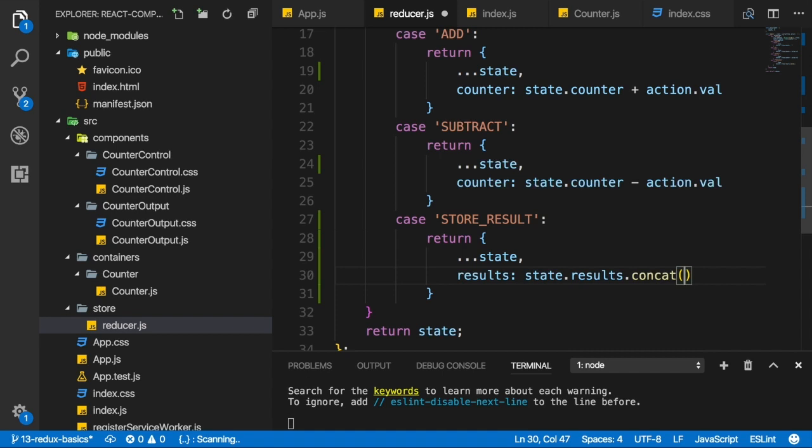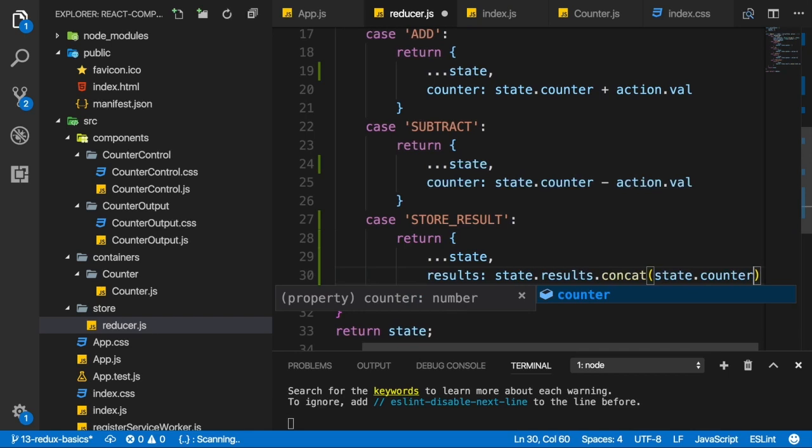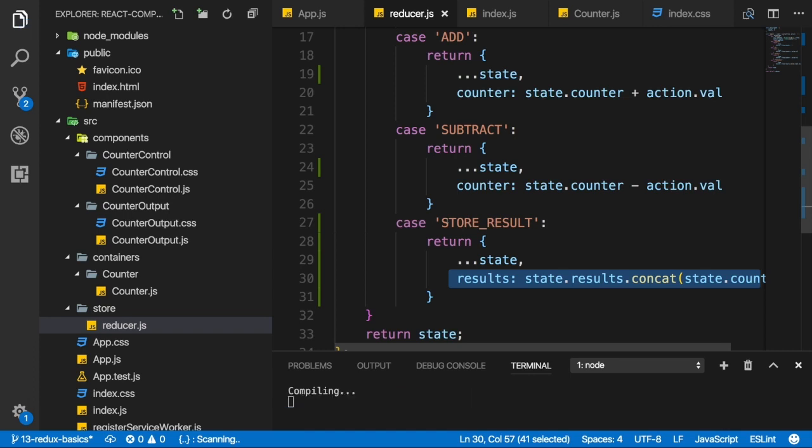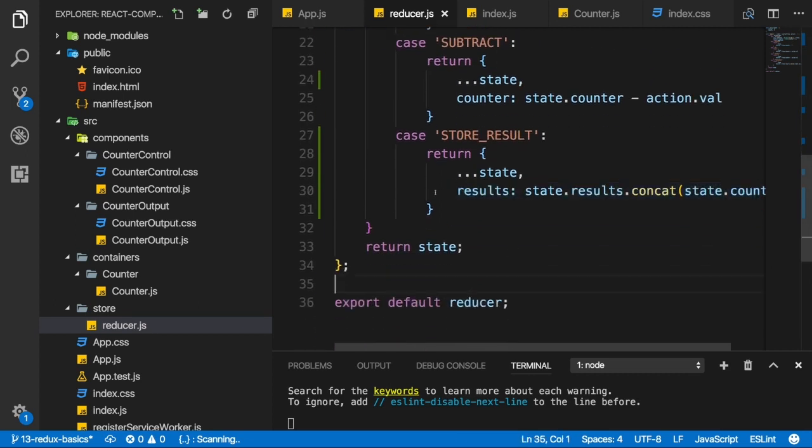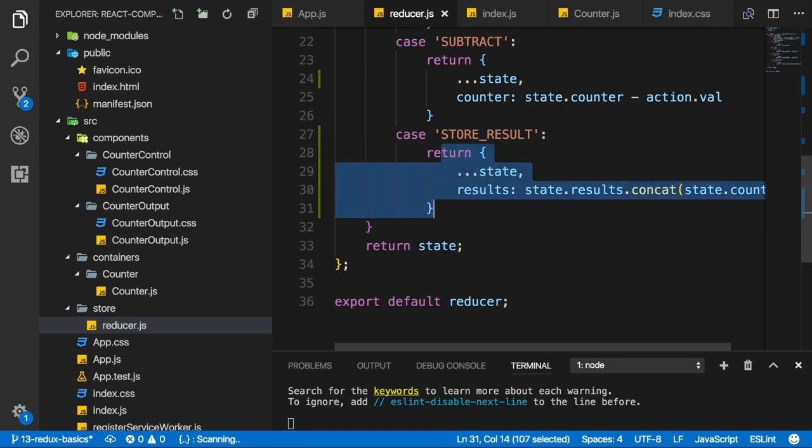For example, here we could add state counter, since we want to store a snapshot of the counter and push it to the results array. Now with that, we updated our state immutably for all cases. You learned how to update an array in your state immutably with concat by adding a new item. And now we can return that state here, or we do return it here actually,